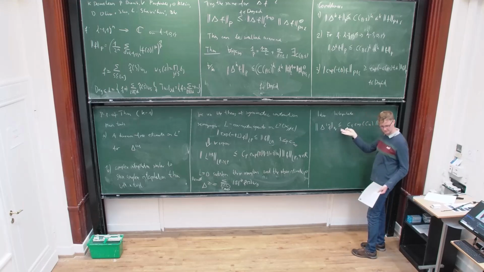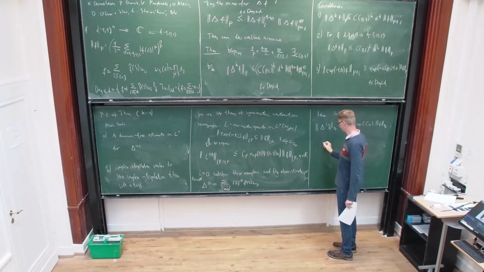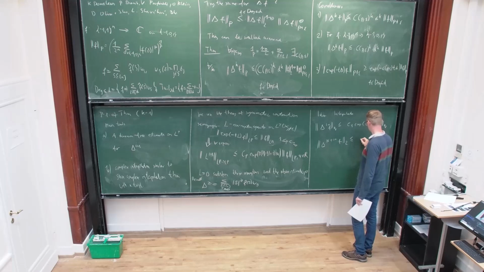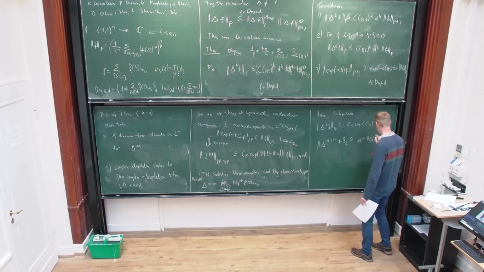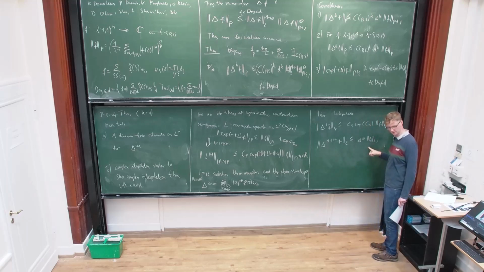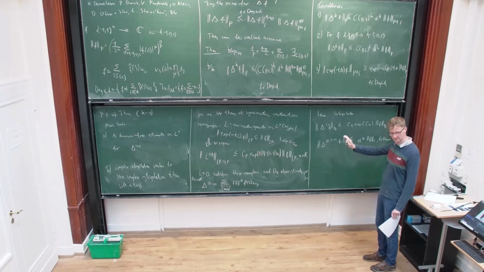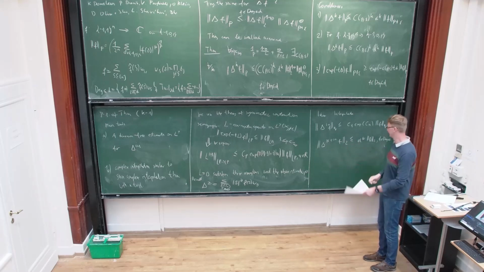Because this just holds if I have a very explicit, very good estimate on L2, it would be d to the n. But the problem is that this does not hold for general functions, it holds for functions of degree at most d. So I cannot just use interpolation per se. This is not allowed. So I will need to change something to make it work and to produce what we have. Okay, so this is the idea, now I'm going to execute it.